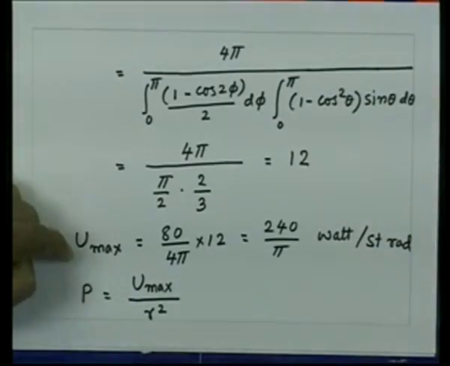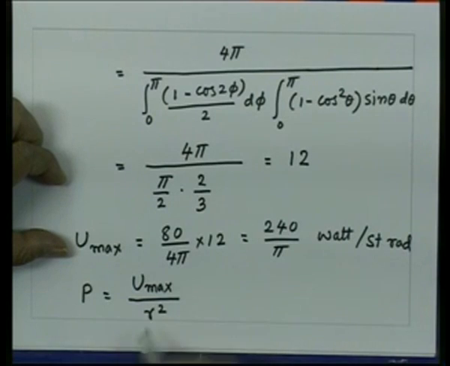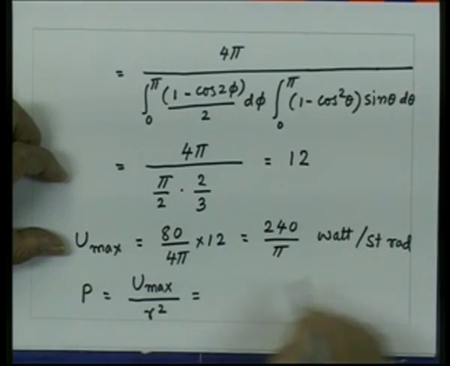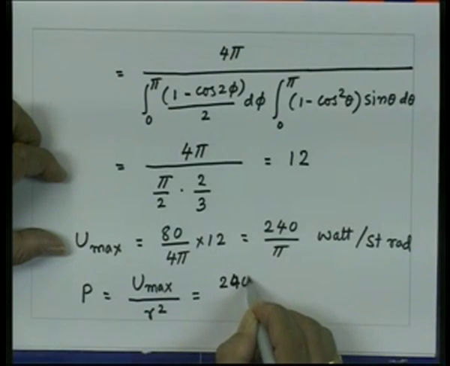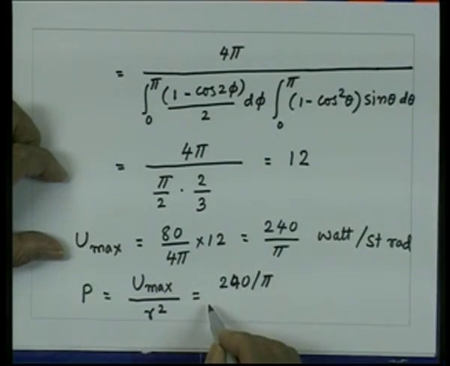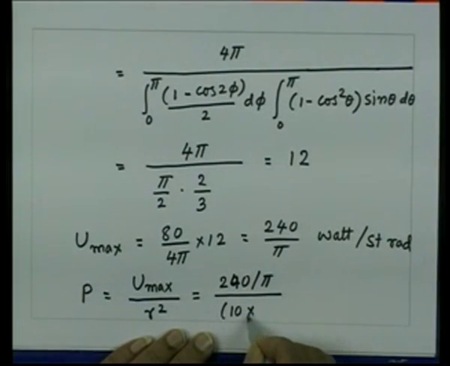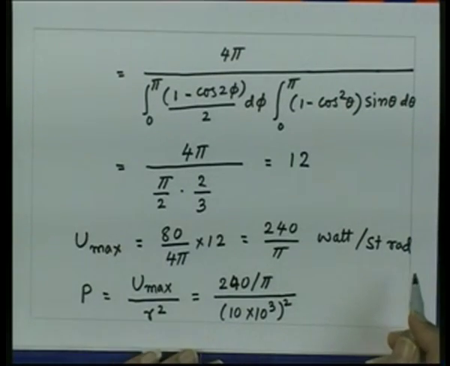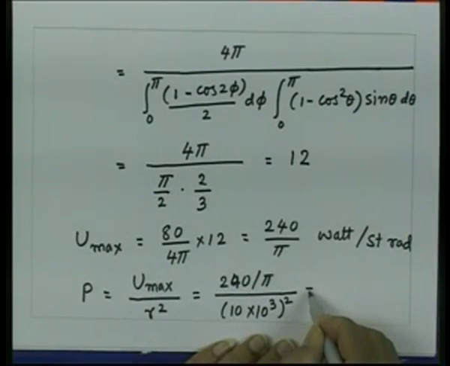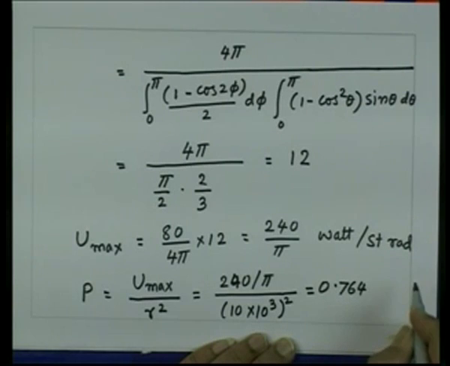So, since we have found out the radiation intensity in the direction of maximum radiation and r is 10 kilometer, we can substitute into this. So, this is 240 upon pi divided by 10 kilometer, which is 10 into 10 to the power 3, whole square. So, that would give us 0.764